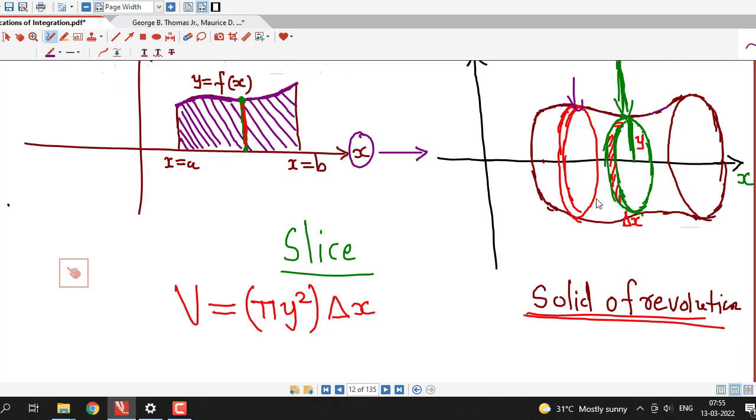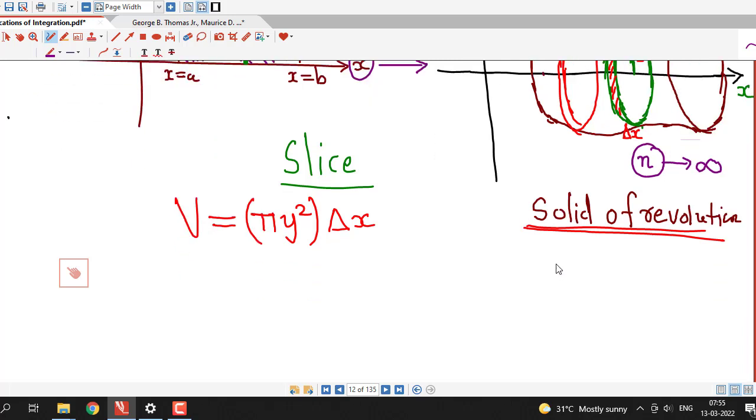So by calculating the volume of these circular discs and taking their summation, we can obtain the volume of the solid of revolution. So suppose the number of cross sections is denoted by n, and if we take larger and larger number of cross sections, that is if we approach n tending to infinity, then we will have the formula for volume